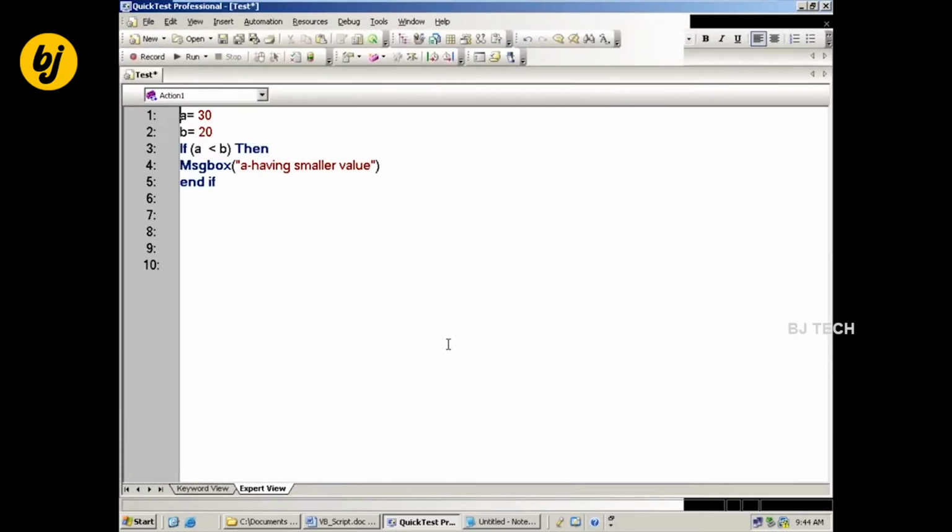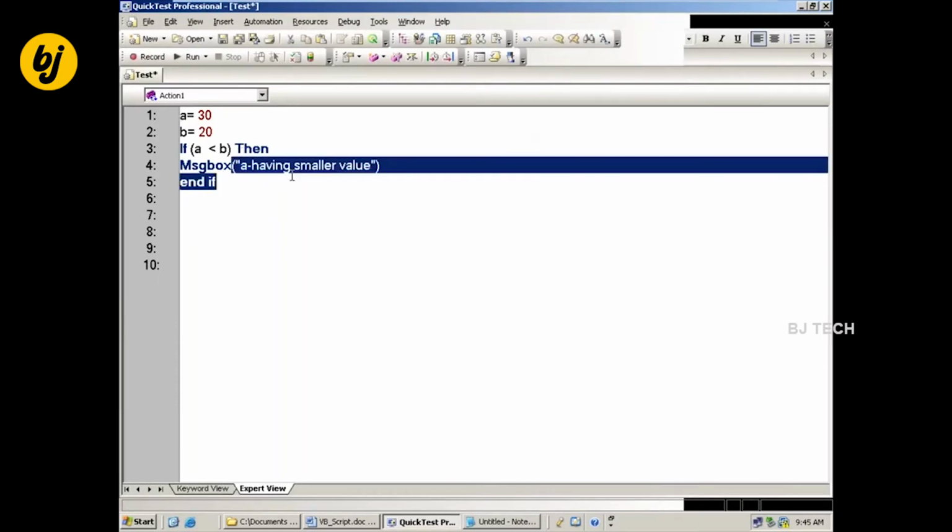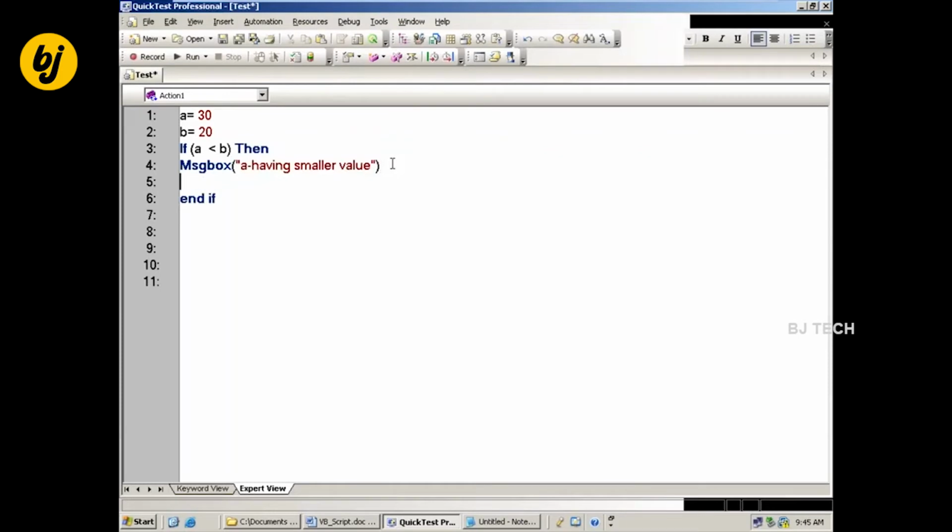But suppose I want some statement executed when the condition is true and some portion when it is false. Further, what I can do here: if A less than B, then execute this one. Otherwise, that is else, message box B having smaller value.